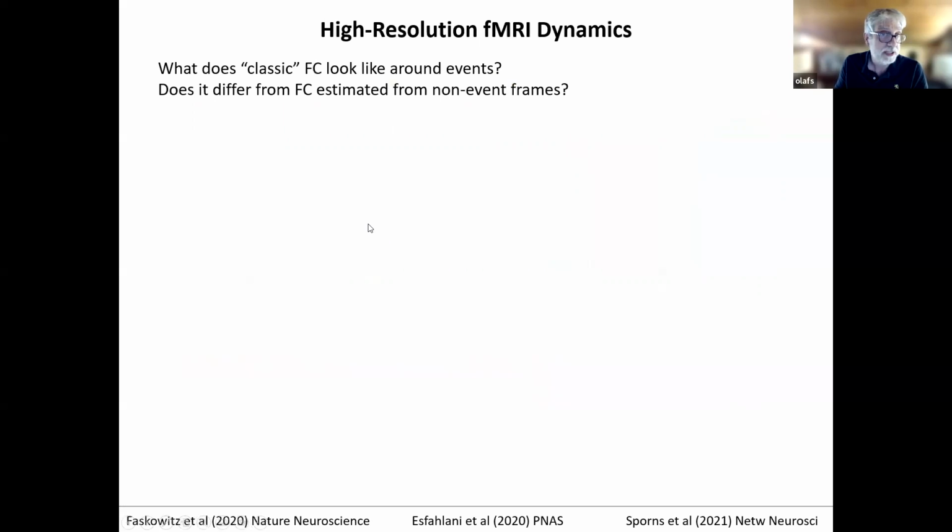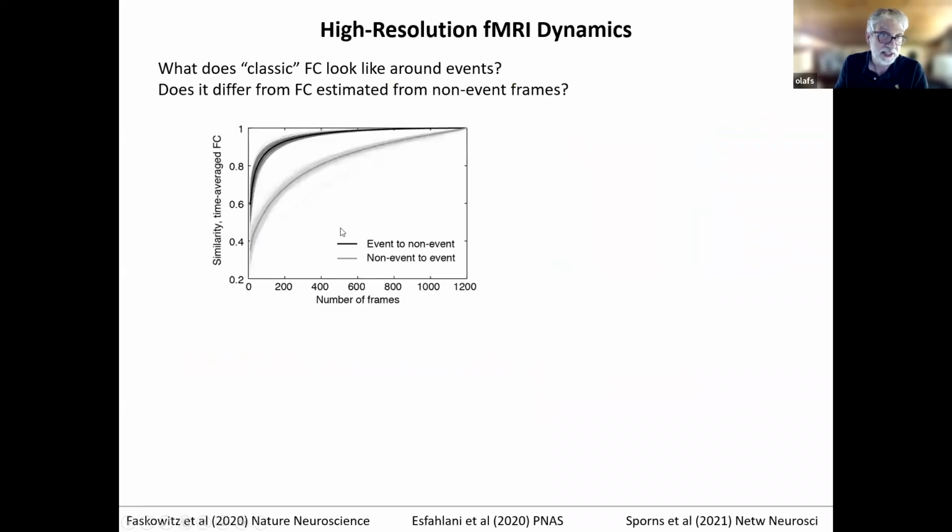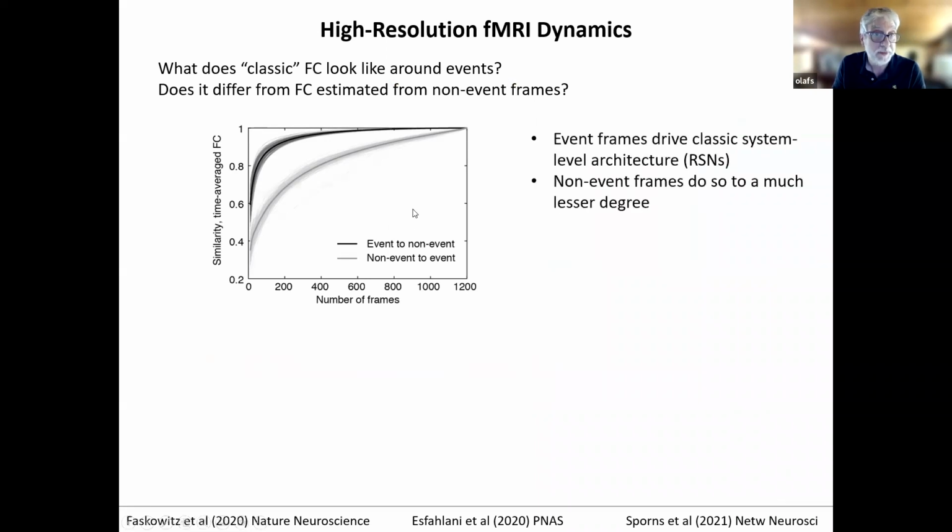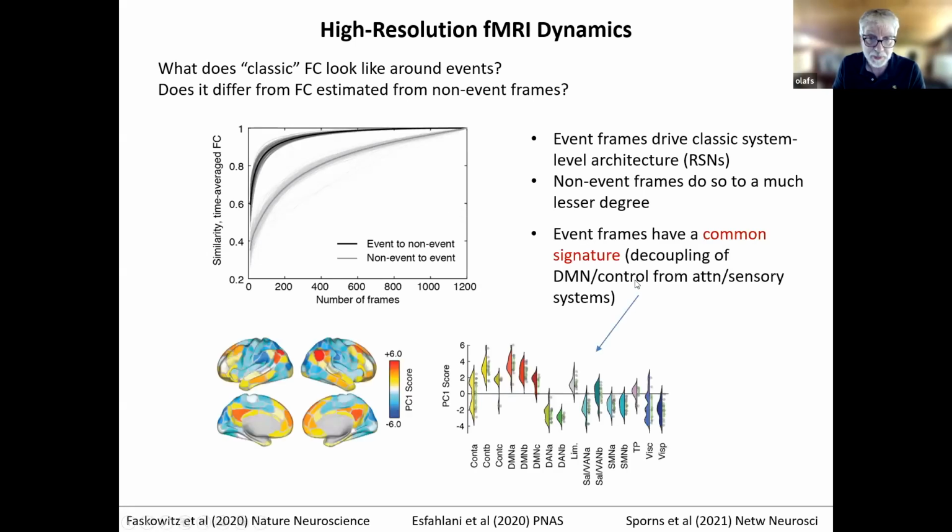So we were interested in what does functional connectivity look like around the events? Does it differ from what we observe when there's not a high co-fluctuation state? In fact, it does. In fact, it's driving what we're seeing in global functional connectivity. Event frames are much, much closer and much, much more quickly approximate the classic resting state network architecture we're so familiar with when we aggregate them together. And there's a common signature here. It's actually very similar to what has become popular as being called the principal gradient. We can discuss this later. I'm not a great fan of gradients, to be honest with you. But there it is, with default mode and frontoparietal systems on one side and sensory systems on the other side, co-fluctuating against each other.